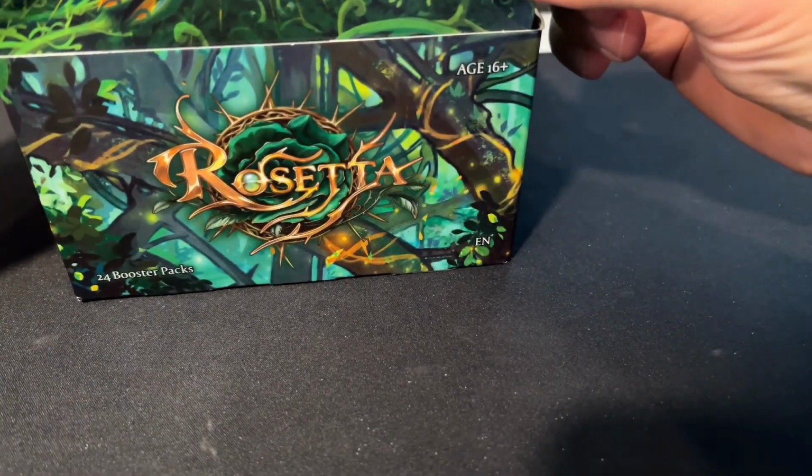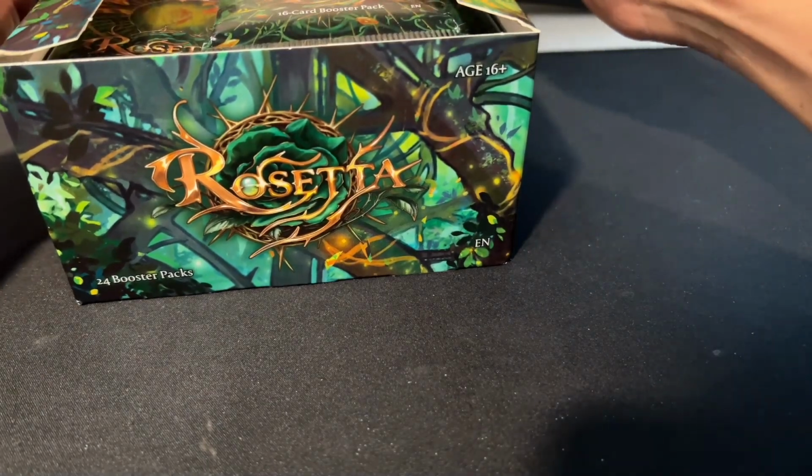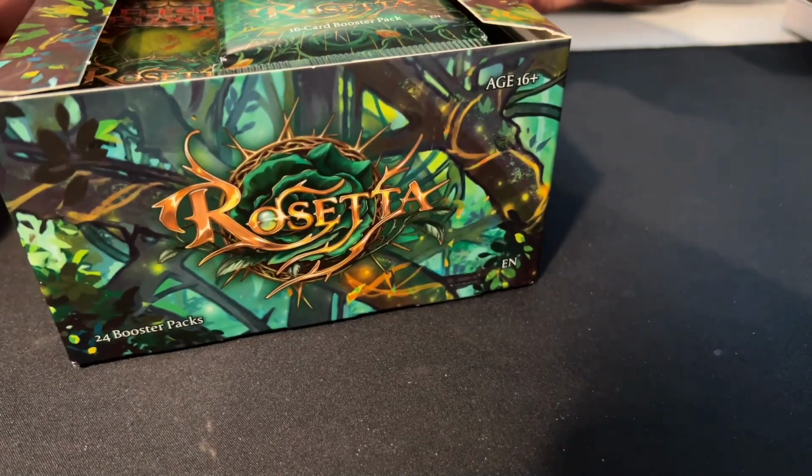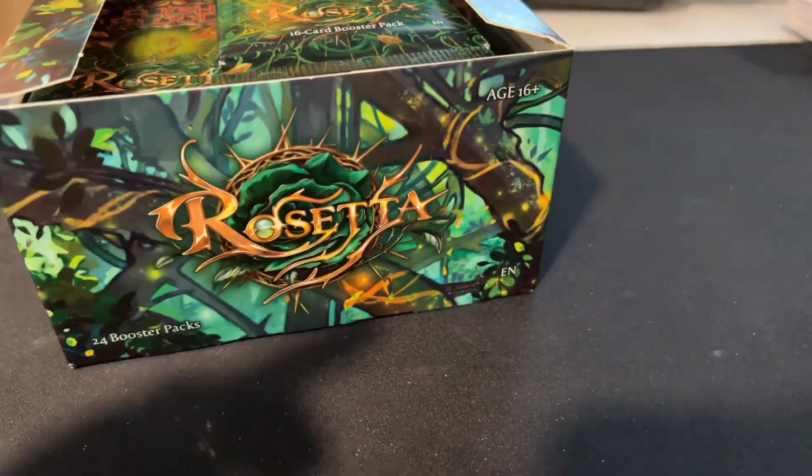a sense of what this stuff is like, what these cards look like. You know, what frequency some of the,